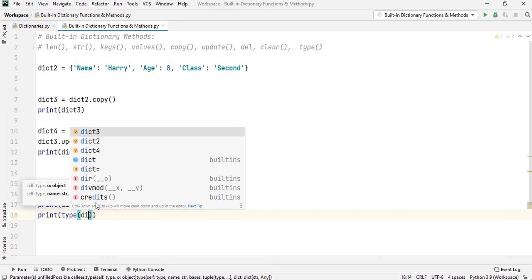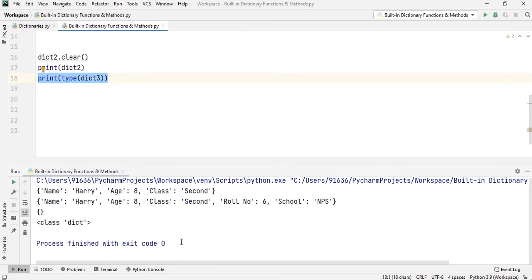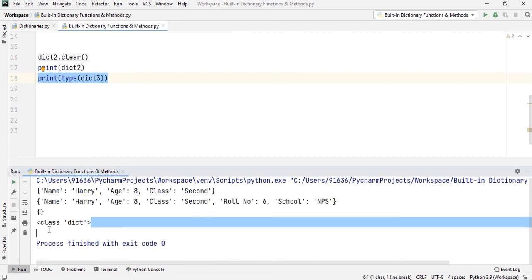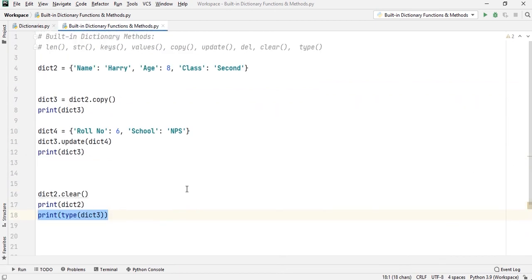I will take any dictionary here, say dict3, and then when I print type of dictionary 3, and if I run my program now, you will find that it belongs to the class dictionary, as you can see in the console here. So this is about dictionaries and some built-in dictionary functions and methods in Python.